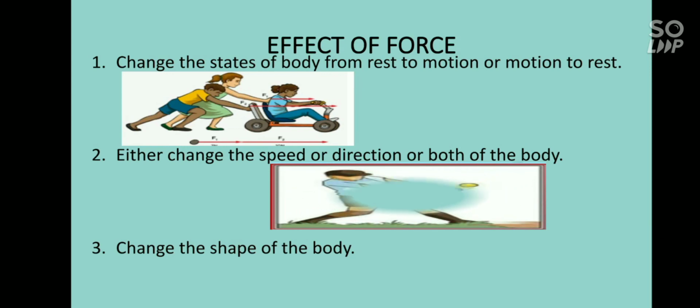And next picture, look at this picture, a baseball player. When the ball comes, it comes with one speed. So when he hits it, he changes the speed of the ball, as well as he can also change the direction of the ball, where it has to go. So the force created by the player changes the speed and direction of the ball. It can change both, or it can change only the direction, or it can change only the speed of the ball. So the force either can change the speed or direction, or both speed and direction of the body.